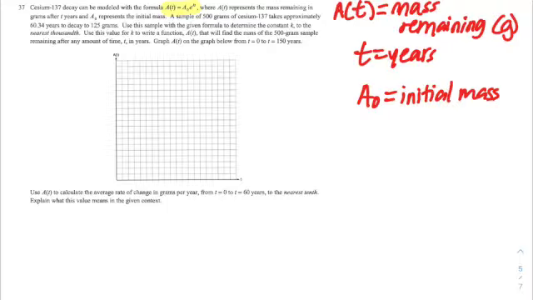A sample of 500 grams of cesium-137 takes approximately 60.34 years to decay to 125 grams. Use the sample with the given formula to determine the constant k to the nearest thousandth. Okay, so let's create a formula for that. So first, whenever we're doing exponential decay, we like to have exponents in our formula. We also need constants, and we also use the initial mass. So first, let's use the formula that they gave to us, which is,